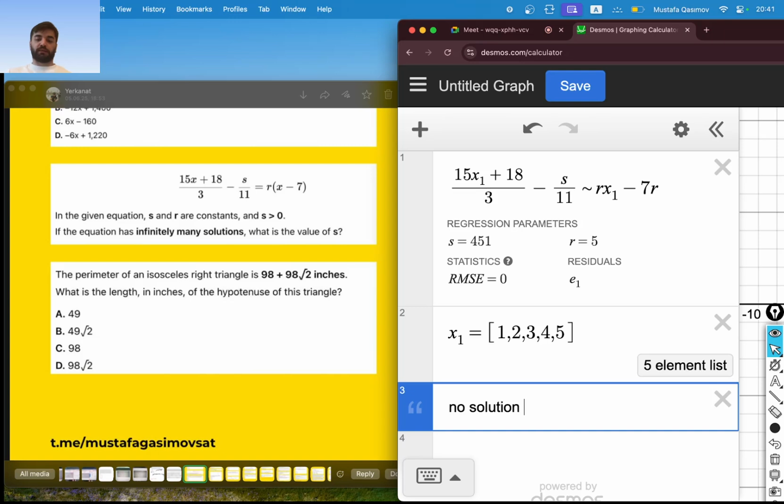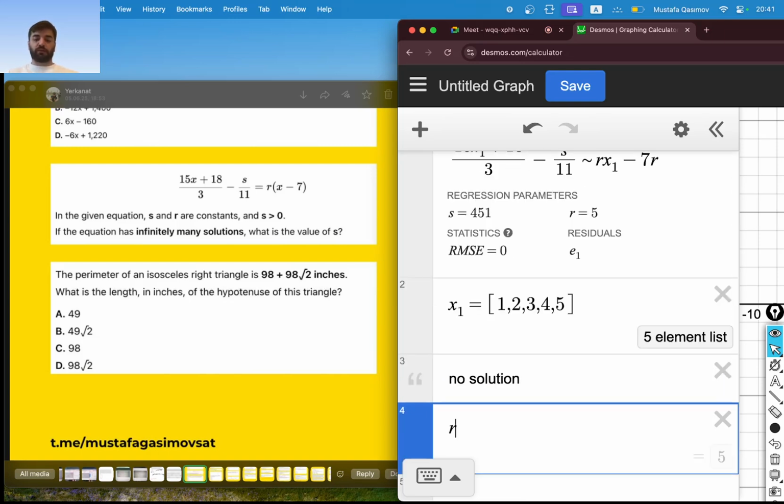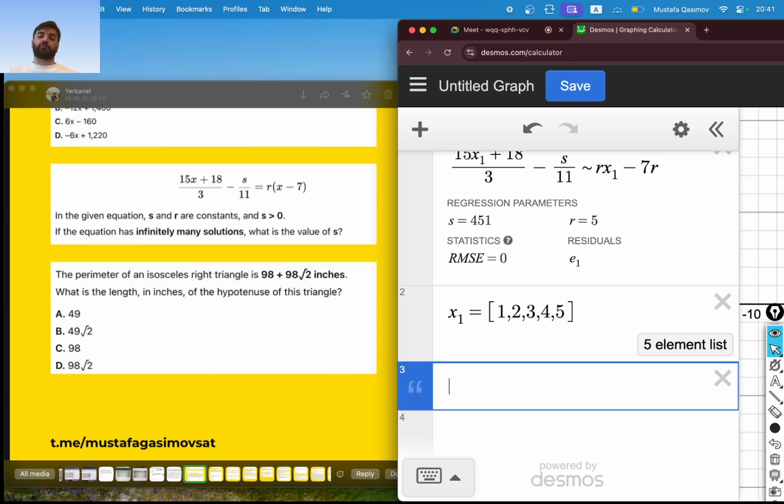So answer will be like that. R is equal to 5. Then you have to look here and you have to write it like this: s is not equal to 451. So for this question it is okay. You can do it also like that. But if you have question like this,